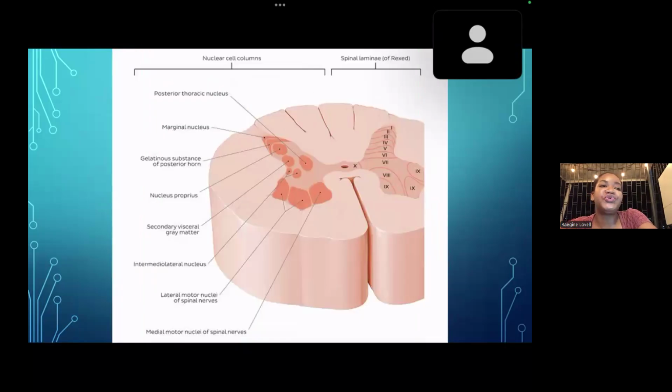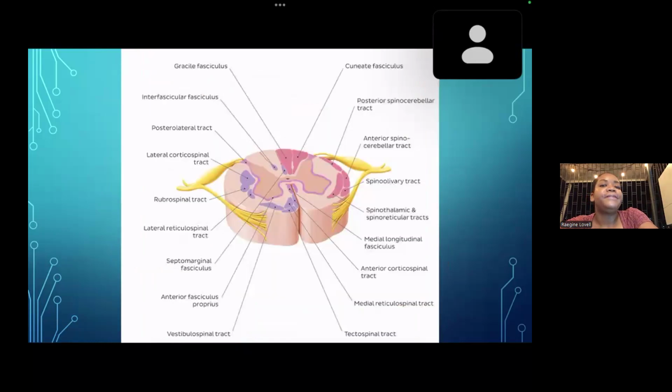This image just shows the neurons of the posterior gray horn and how they are divided and the associated spinal laminae. So the white matter, this part is more related to the pathology that we will go into. So the white matter of the spinal cord is made of myelinated nerve fibers organized into ascending, descending, and intersegmental